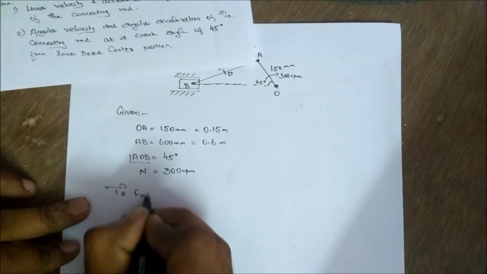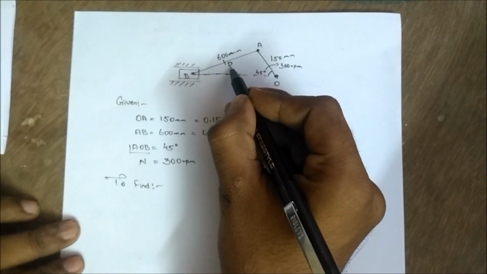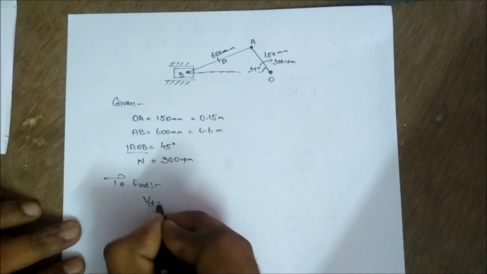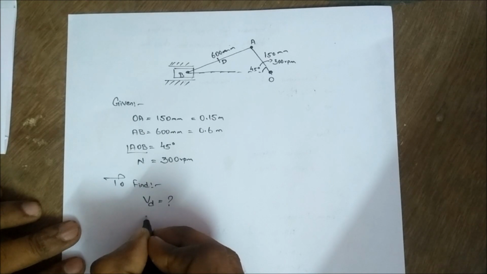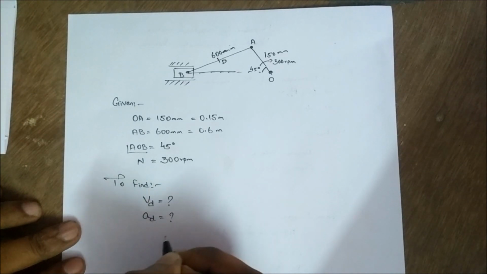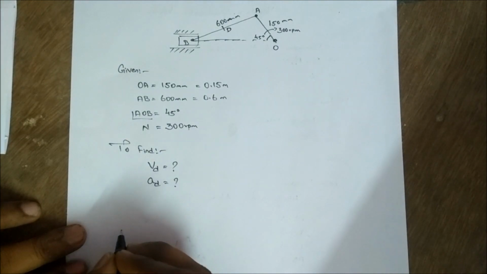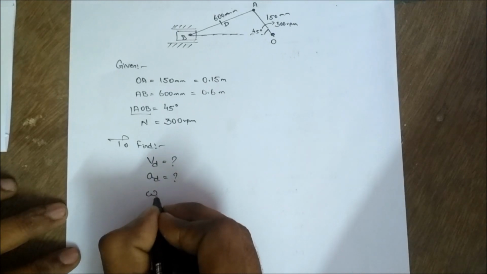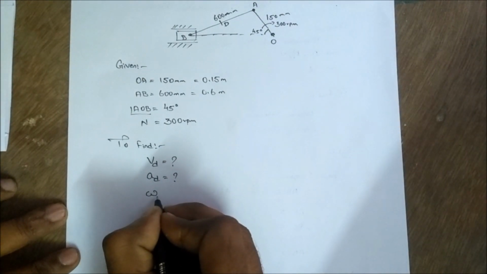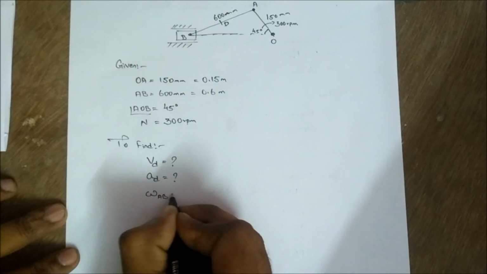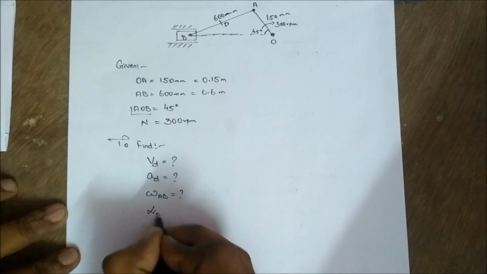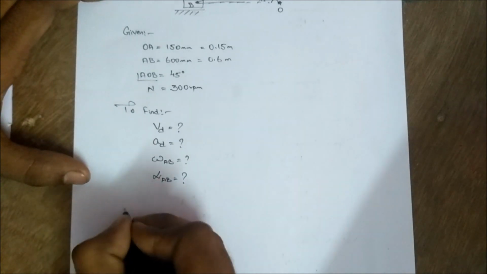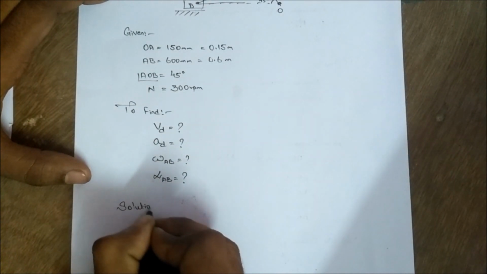So at the point D, we are going to find the velocity and acceleration. Velocity at point D we are going to find, and acceleration at point D we are going to find out. And then the second thing we are going to find is the angular velocity and angular acceleration. Angular velocity, that is omega of the connecting rod, that means omega of AB, we are going to find out, and the angular acceleration of AB we are going to find out. So I think you are clear with this now. I will go to the next thing, the solution.